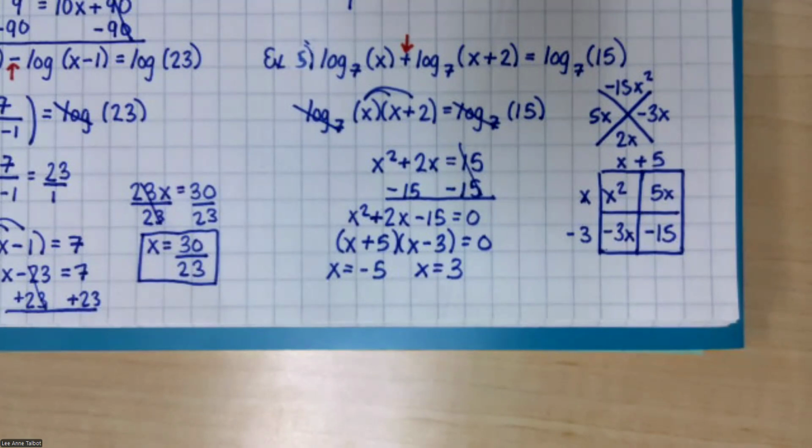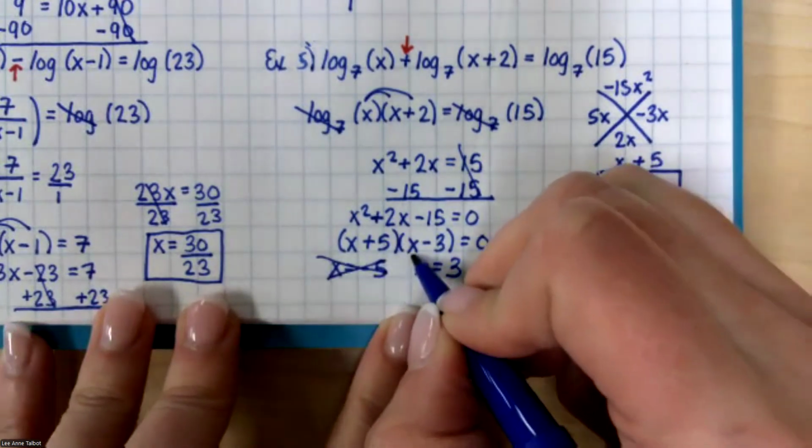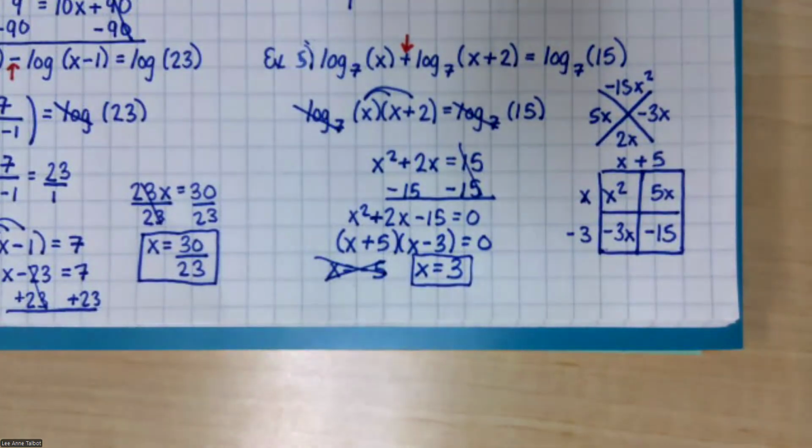Okay, so you got the error. If you get the error on the calculator, that means it's extraneous. So this one does not work, and if you check the 3, it does work. Error on the calculator means it's extraneous. The reason is that you can't take the log of a negative, but I don't want you to think that if you got a negative answer, it's not going to work. It might work if you plug it back in and it becomes positive because of squaring or absolute value or something like that. So you actually have to plug them in, but you can just plug them in the calculator.